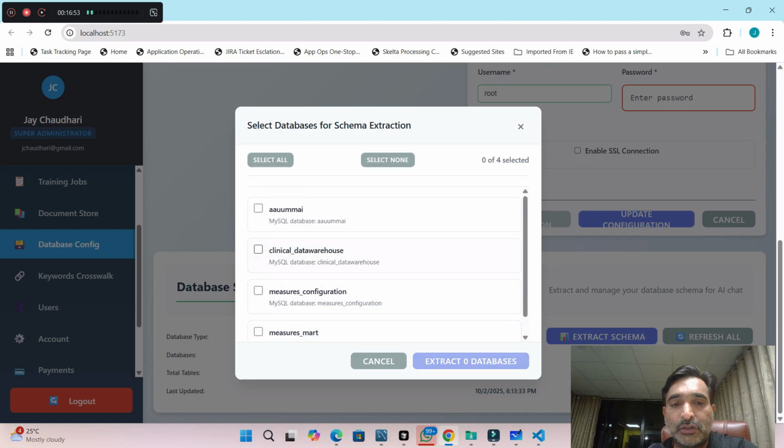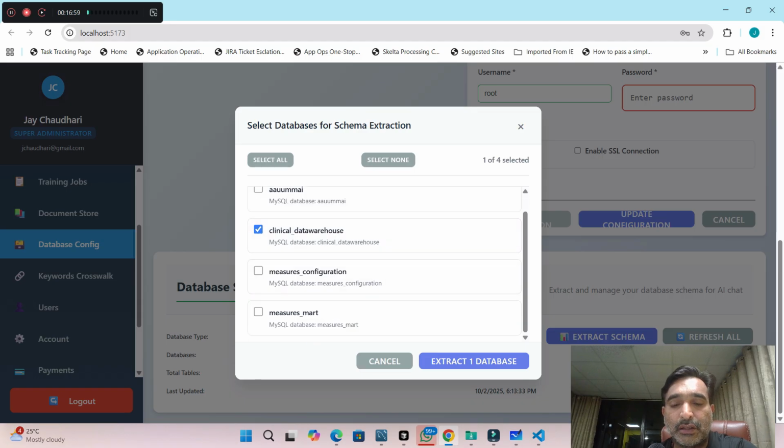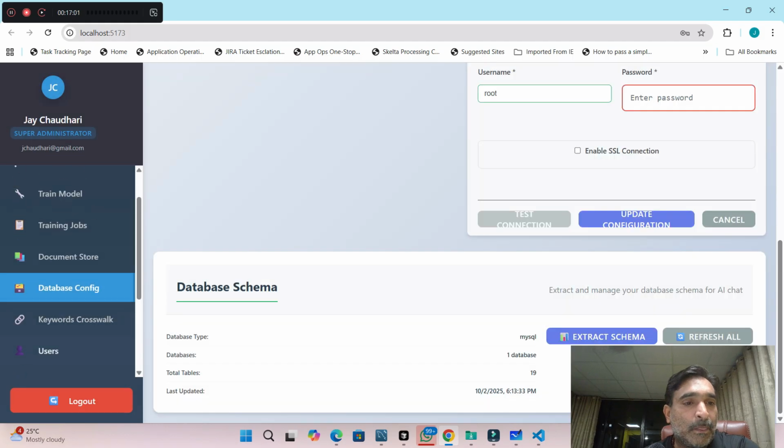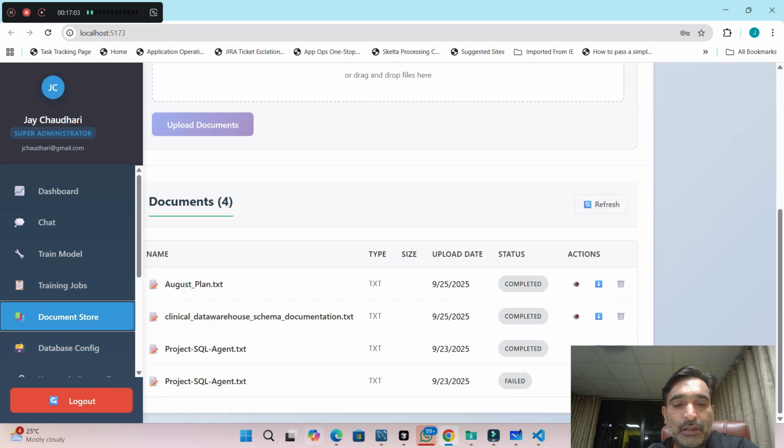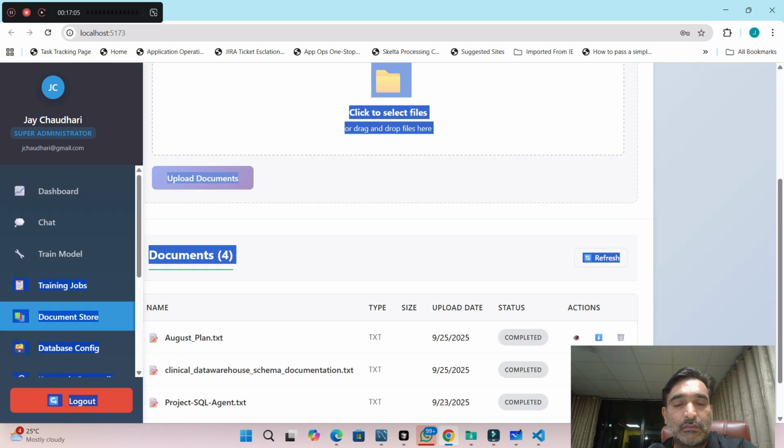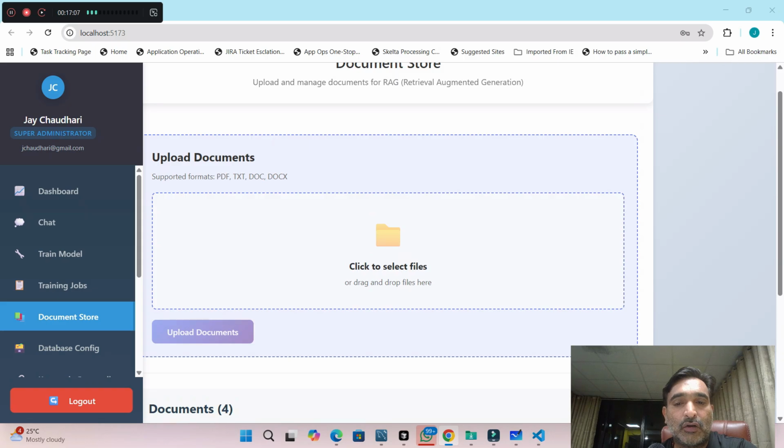But for now, I'm just going with clinical data warehouse, and we have other databases also, but we're not going with them. And then this is a document store where the user can go ahead and upload their documents